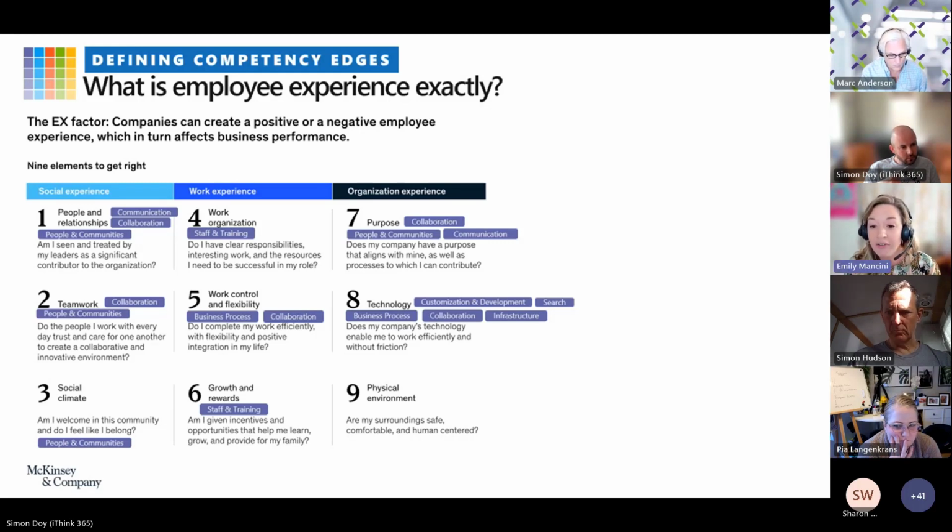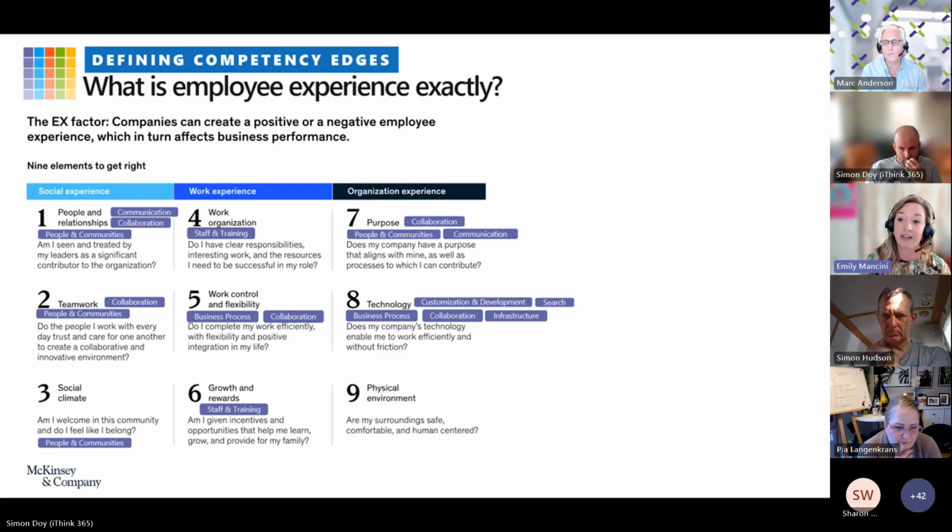Our last pillar is organizational experience, starting with purpose. The company's purpose aligning will come through the communication through the organization. You will try to achieve that mission through your collaboration with different people and communities. The most obvious one that we have is technology. So here is where you see a lot of our other pieces fall in.